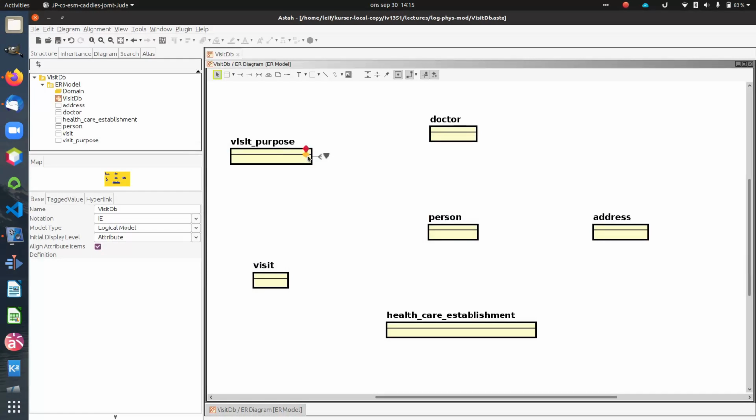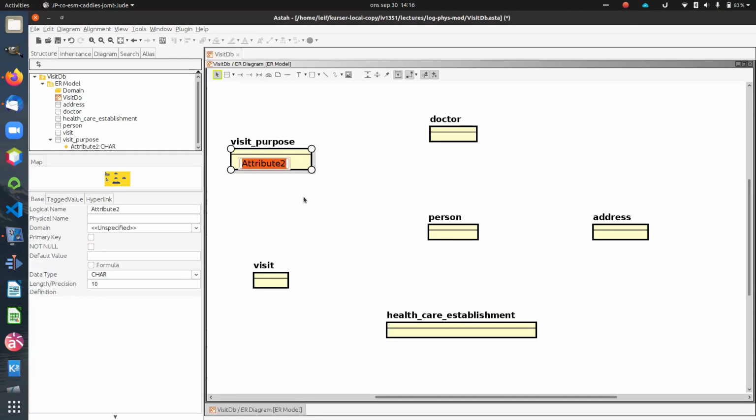So, visit purpose. By the way, note the naming convention: use only lowercase letters and have an underscore between each word. So follow that naming convention. Right, so now it was time for the first column in visit purpose, which was called